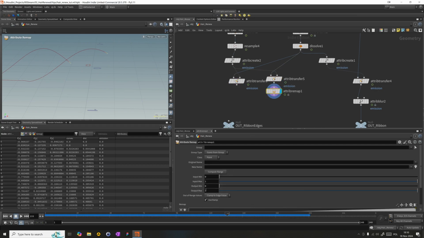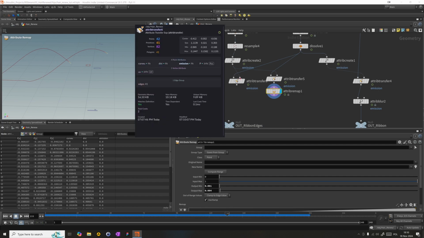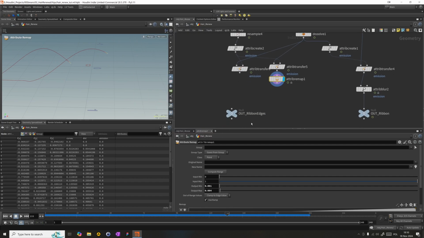Remap this one from 0 to 1 to 0.001 and 0.004. And the new name would be width, and the point original name is emission,